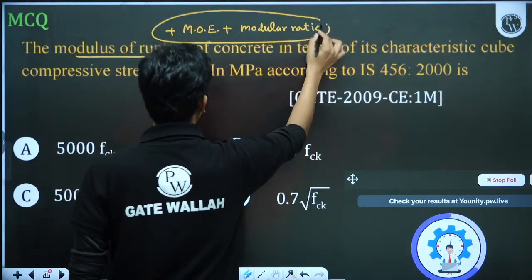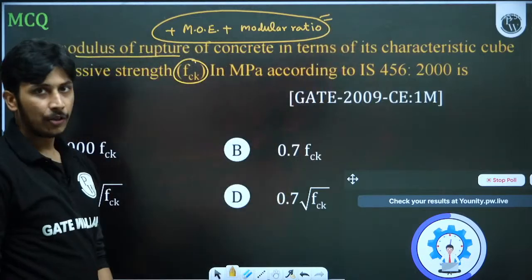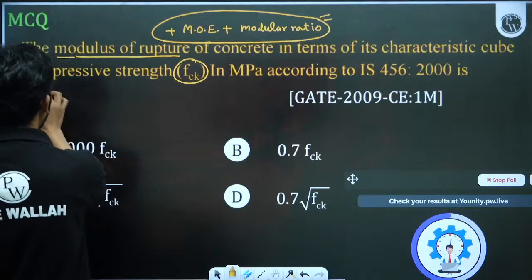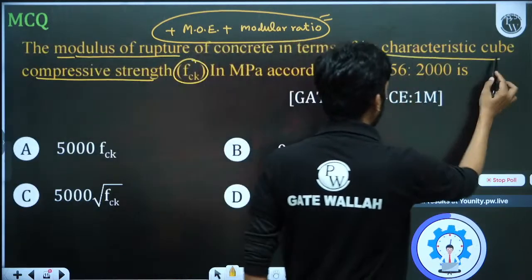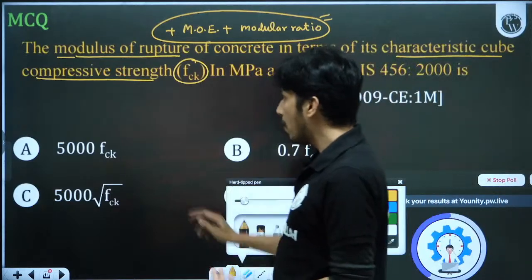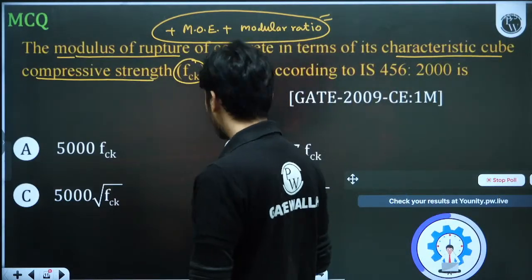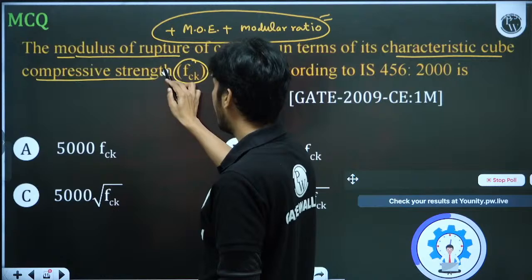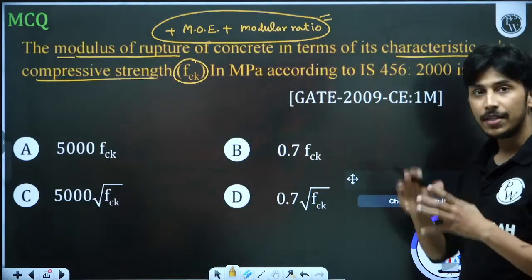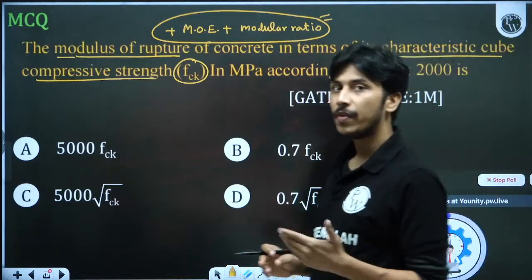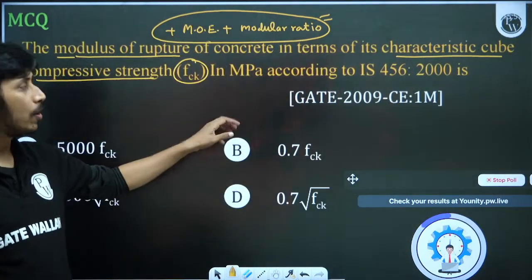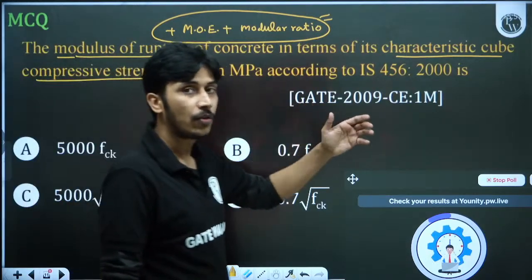It may ask you the characteristic compressive strength. If it is asking modulus of rupture, it can also ask what is the characteristic compressive strength, because modulus of rupture is asked in these FCK terms. In some year it can also ask what is FCK, how it is defined, and in the upcoming years it has also asked the same thing. So in 2009, if students have done the analysis on FCK, what is the FCK value? Suppose the percentage definition of FCK is changed, then what is the formula of FCK? If the students have done these things, then they will also be able to answer the questions of the next year.